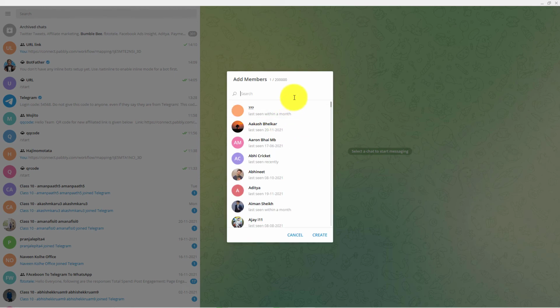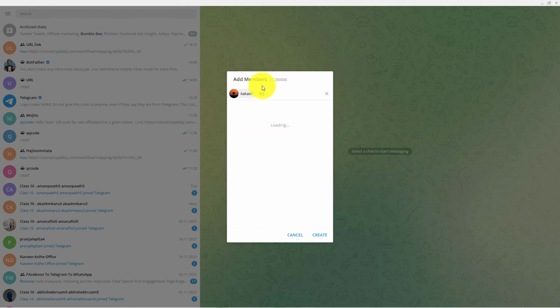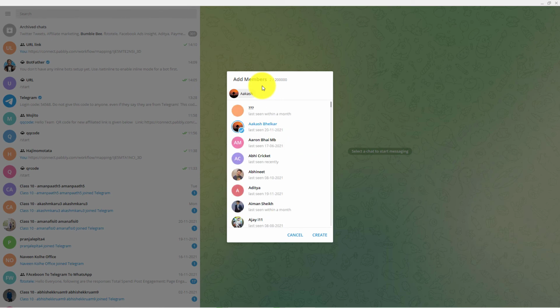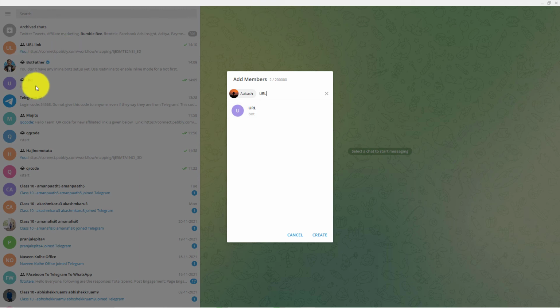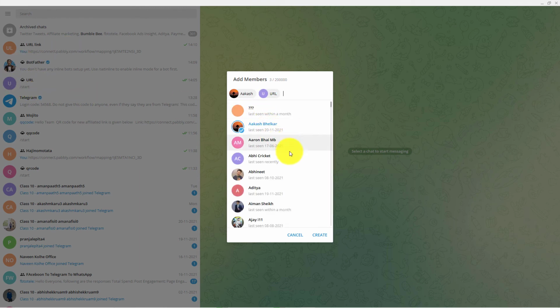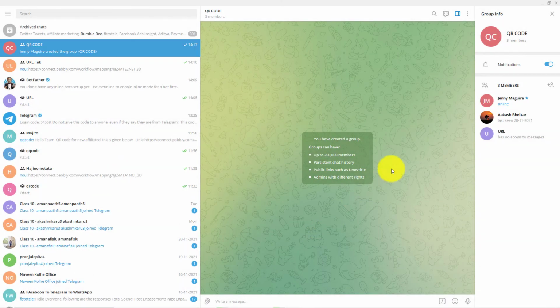I'll add people here. I'll add Akash and I'll add the bot. So this was our bot. You can see this was the bot's name, URL. I'll add this bot. Now I'll create.